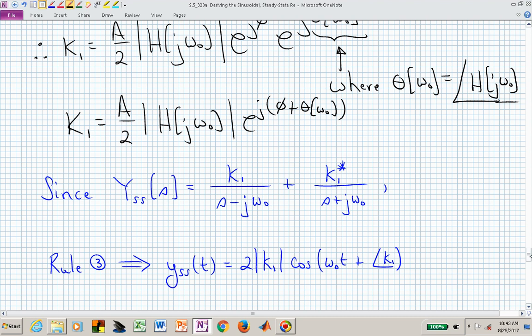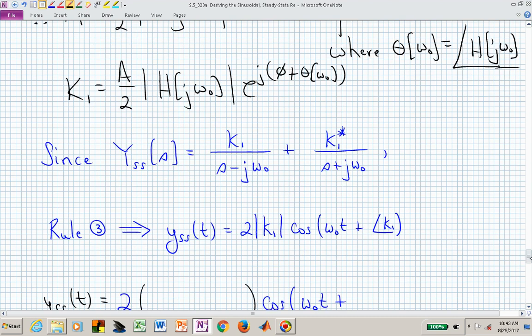K1 is now identified in terms of the system's transfer function H written in polar form. So y steady state, because of rule number 3, is simply 2 times the magnitude of K1, and we know what that is up here. We know the magnitude of K1 is just that, and we know the angle of K1